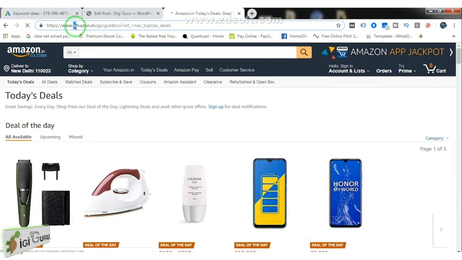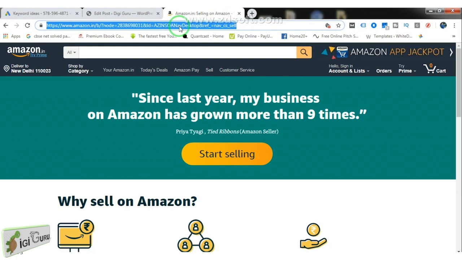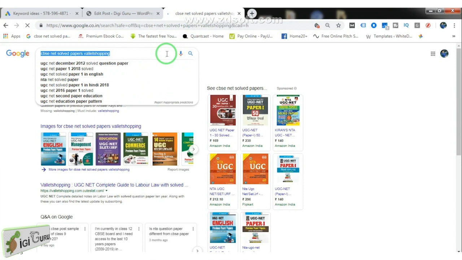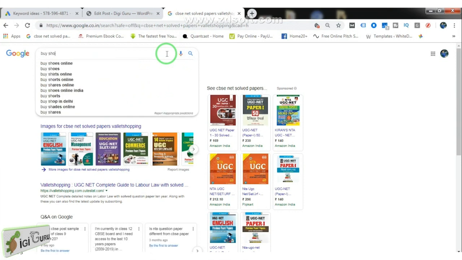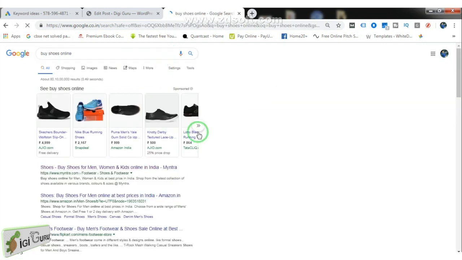Right? As you can see out here, this section is known as your domain name. This is your domain extension, and whatever comes after your domain extension is called a permalink. The moment I go to any other page, the permalink will keep on changing, but the domain name and domain extension remain the same. And how do these play a role in SEO? For example, suppose I'm trying to buy shoes online, I would be taking the same example, buy shoes online.